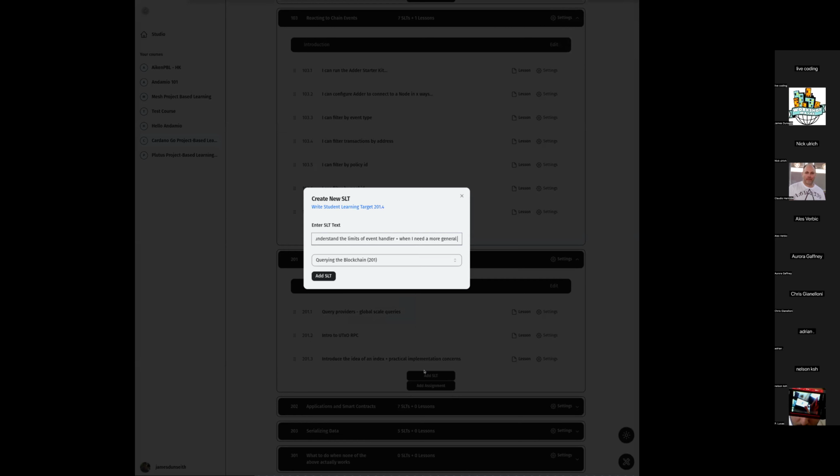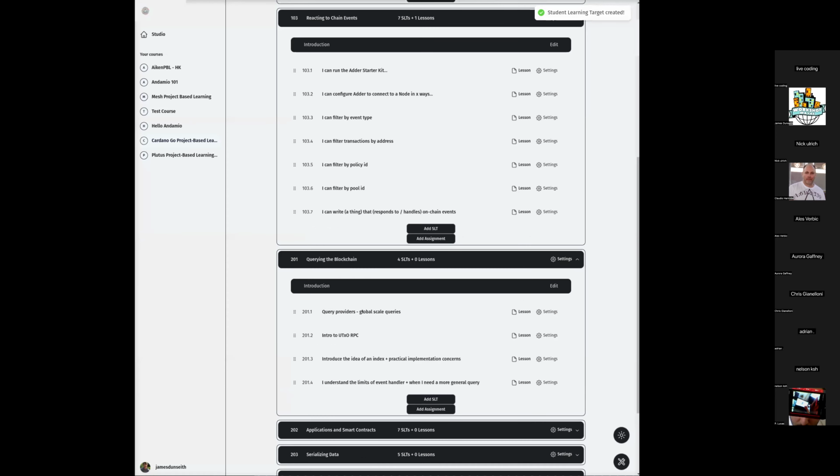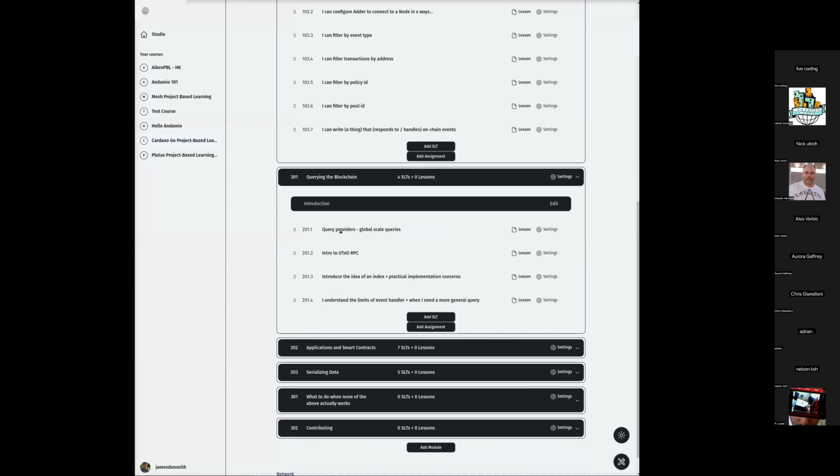So something along these lines is the idea, right? We can say, okay, well, let us just show you there's a set of global query providers, and maybe you don't always want to use those. We can introduce the idea of an indexer and some of the practical concerns that follow from there, storage, etc. And then we could say, well, actually,